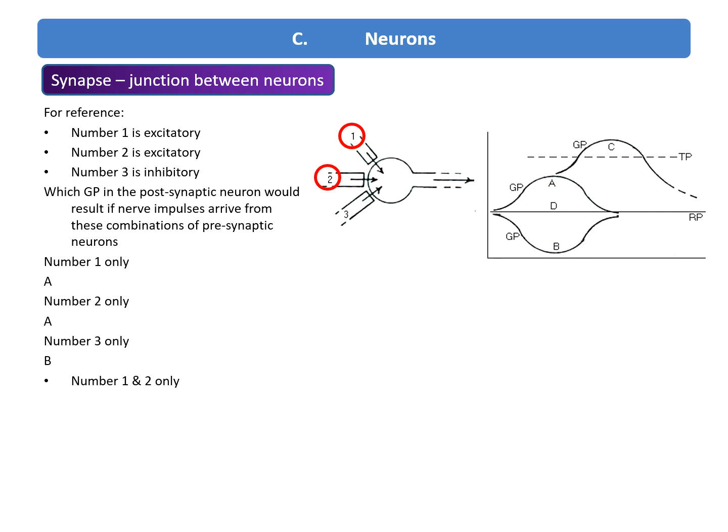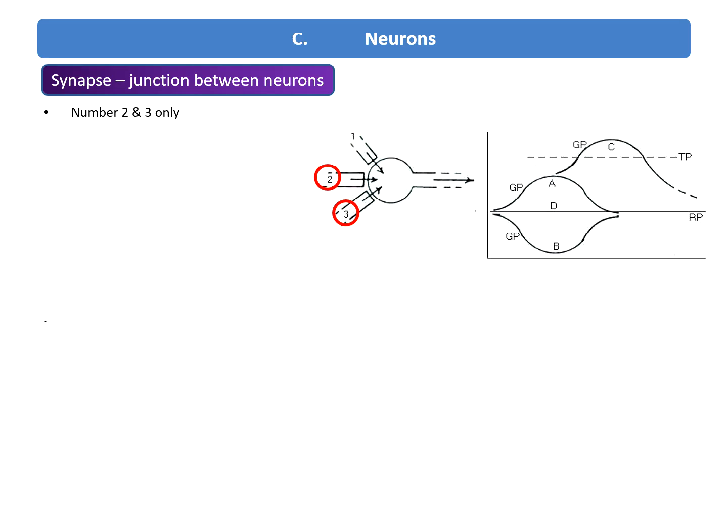What about number 1 and 2? Well, 1 adds to 2, and C would represent the graded potential. What about 1 and 3? Well, 1 is excitatory, 3 is inhibitory. They cancel each other out, so D represents the graded potential. What about numbers 2 and 3 only? That again would be D. What about all 3 of them? If an impulse arrives from all 3, A would result, because an excitatory would be canceled out by an inhibitory,